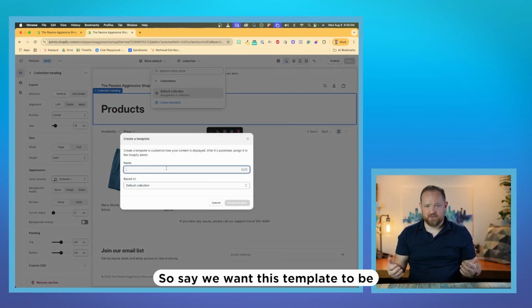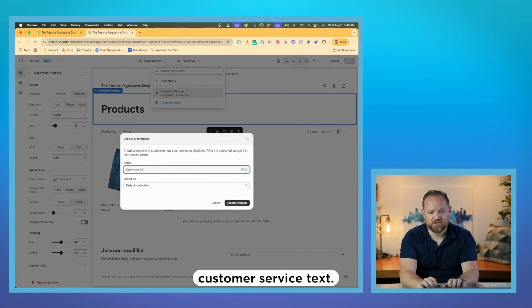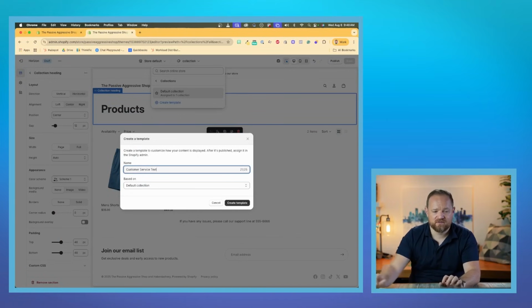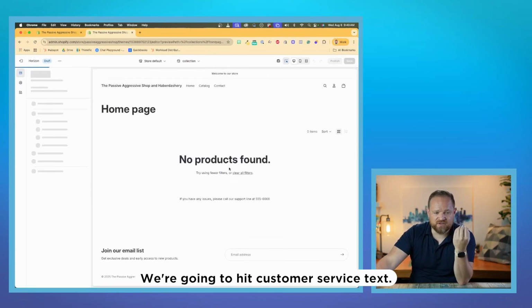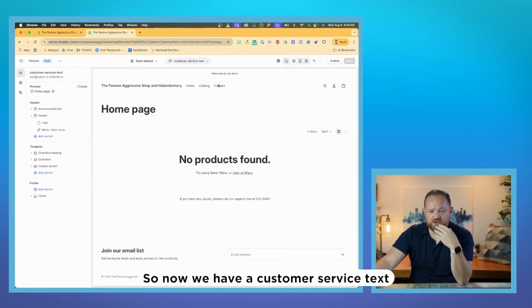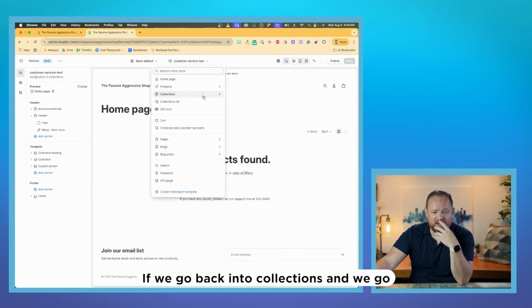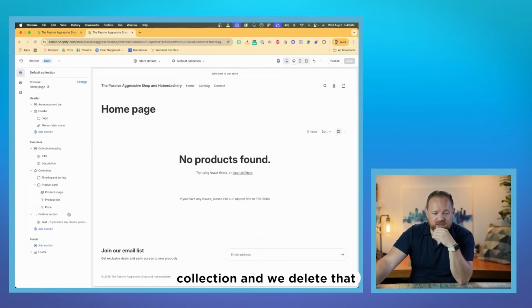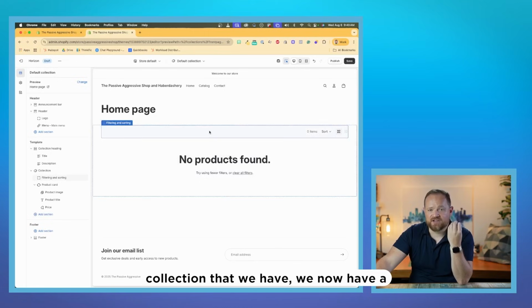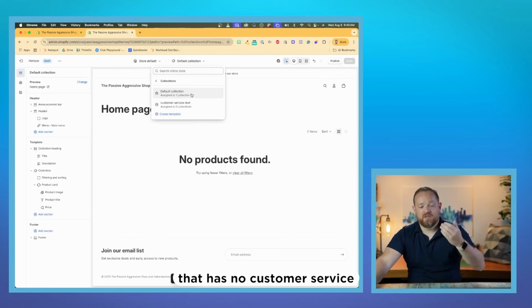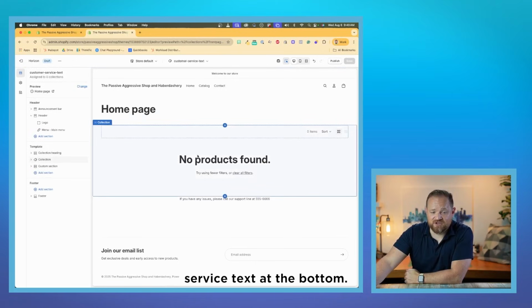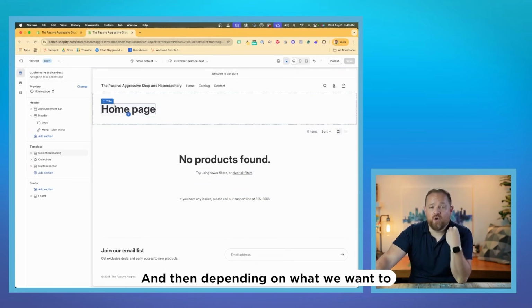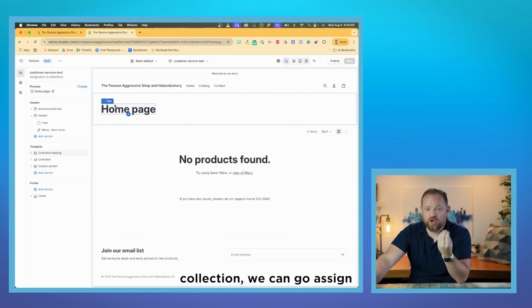So say we want this template to be customer service text, okay? And we're going to base it off of the default template. We hit customer service text. So now we have a customer service text template with this line at the bottom. If we go back into collections, go to the default collection and delete that collection that we have, we now have a default collection template that has no customer service text at the bottom. We have a customer service text template that has customer service text at the bottom. And then depending on what we want to show up for which collection, we can assign that in the